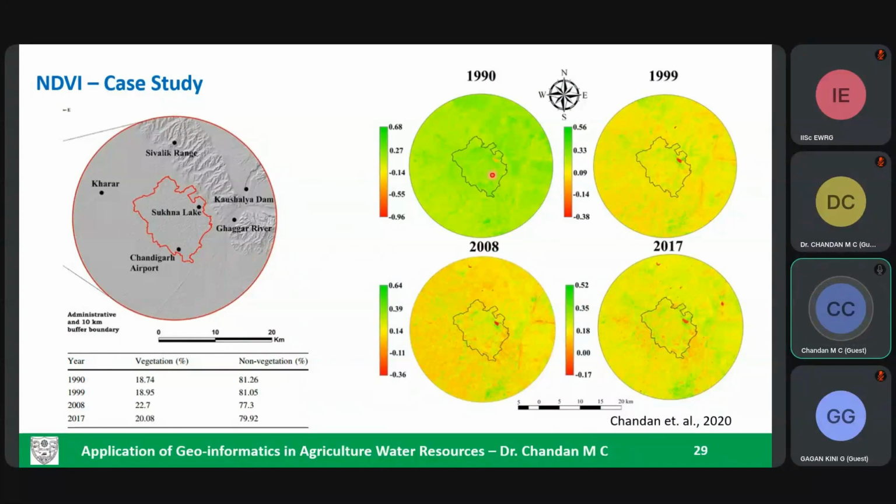And you see, NDVI is a very, very crude method of estimating the vegetation. But when it comes to agriculture, we are speaking about some 2 acres or 3 acres, and this cannot be much effective there to understand the plant health. So various other methods are there. We'll try to discuss that.